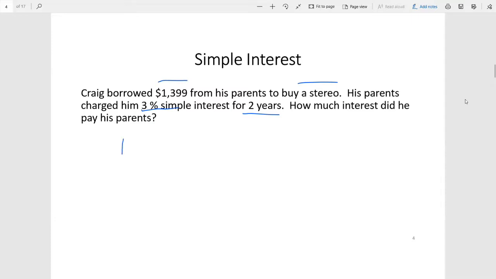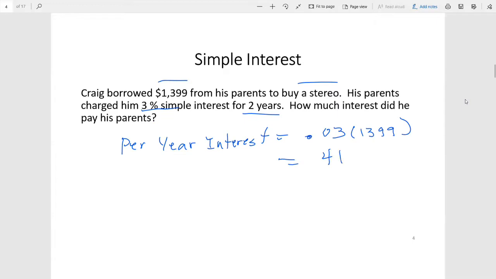The per year interest is 0.03 times $1,399 equals $41.97 per year, and then multiplying that times the time for 2 years,